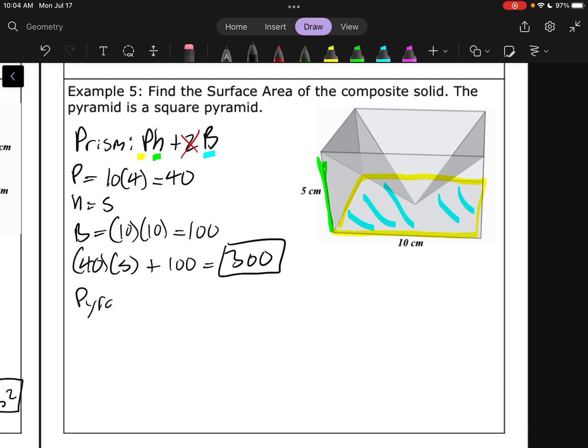And now let's talk about the pyramid. Would we need to paint all the sides of the pyramid? The answer is no. We would only need to paint the lateral sides, right? Because that pyramid doesn't have a base. So we just need to paint the lateral sides, which is just 1/2 PL. Okay, so 1/2 PL. The P would be the same as the perimeter of the prism. So the P would still be